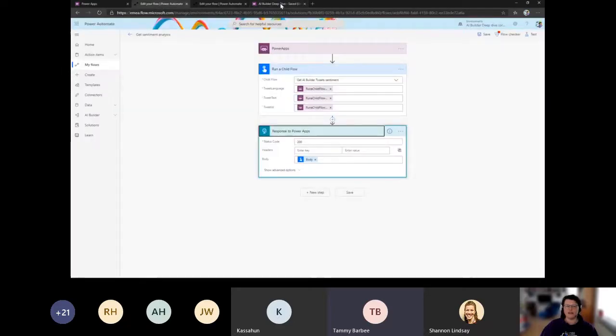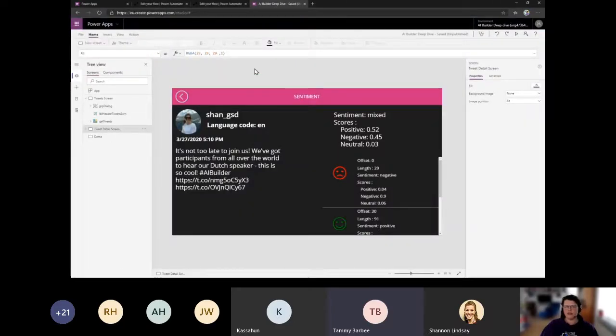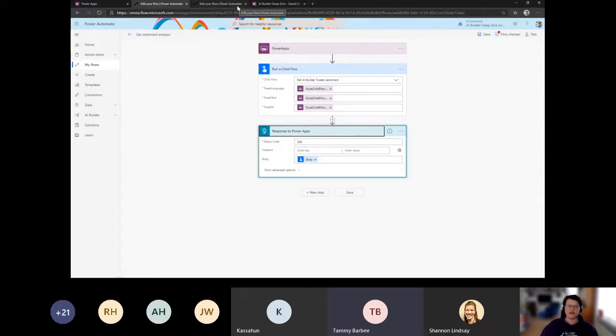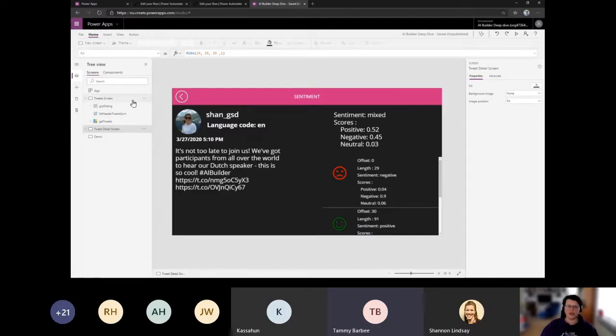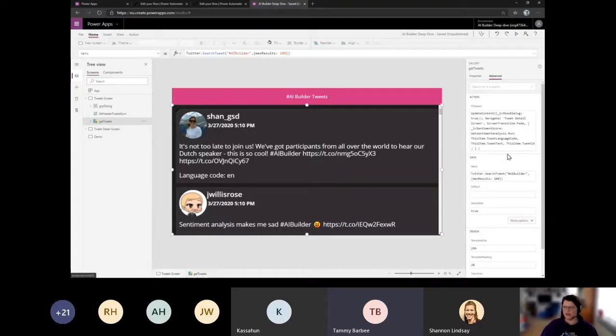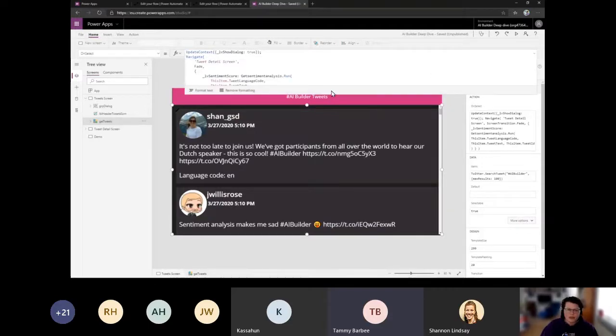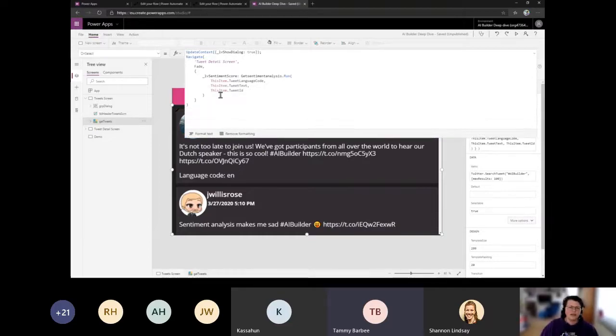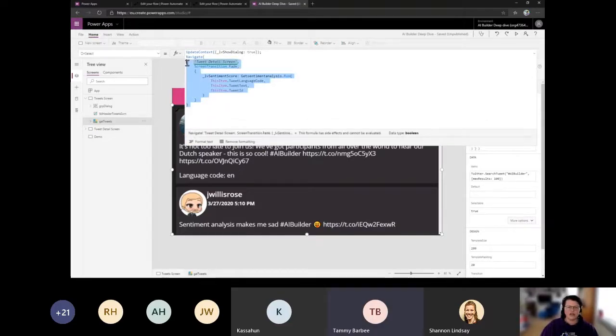Okay, so I first created the Canvas app. The next thing I did is to create a flow from within the Canvas app. I have this gallery here, and I added an action on the gallery to start a flow.